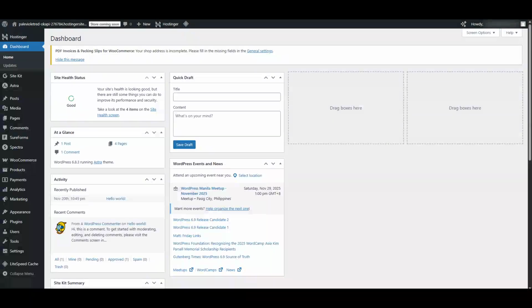In today's video, I'm going to teach you how to add an expected delivery date widget on your WooCommerce website. This feature can significantly enhance the shopping experience by providing your customers with the estimated delivery date of their purchases, thus promoting transparency and reducing cart abandonment rates. Let's dive right into it.